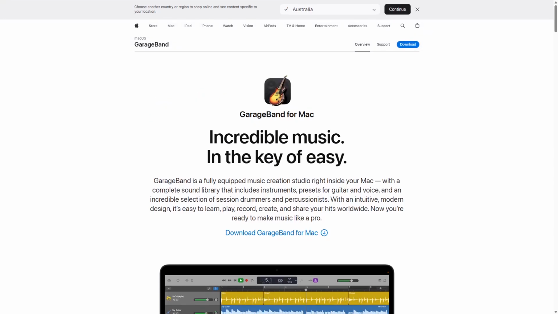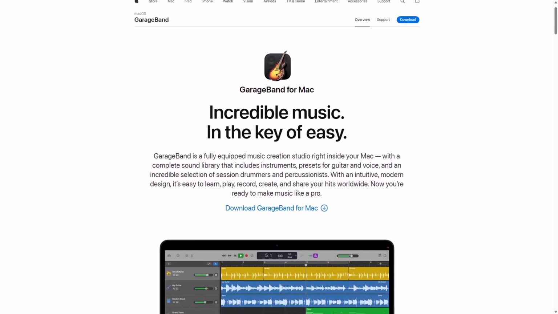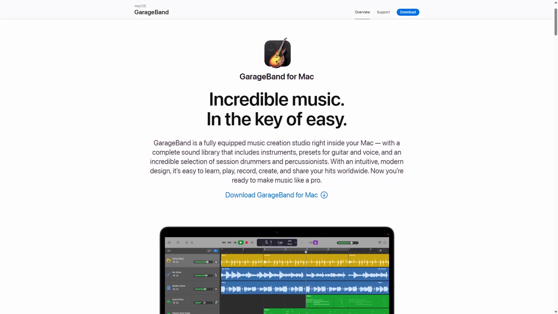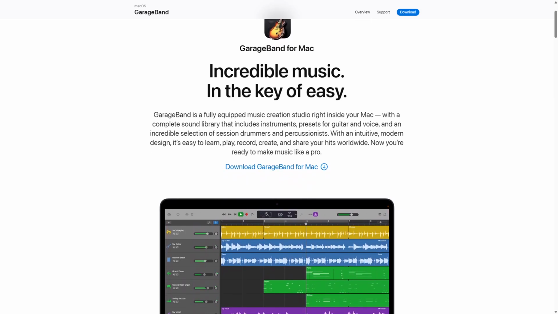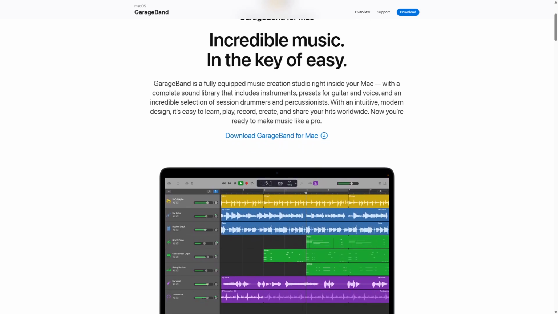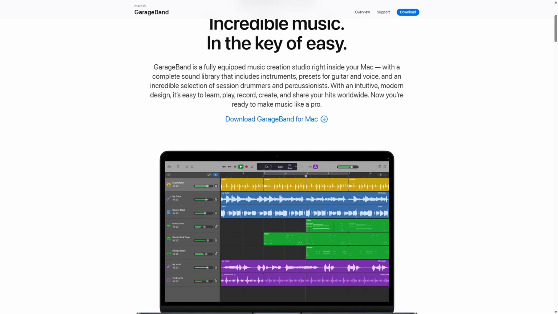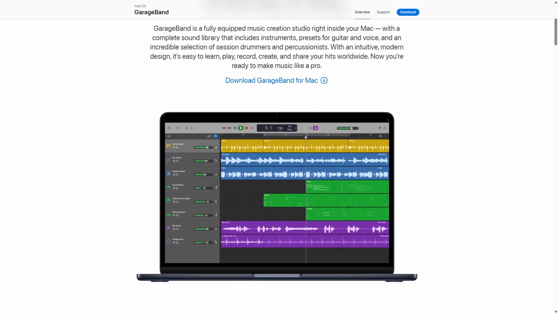GarageBand is Apple's beginner-friendly digital audio workstation available on macOS and iOS devices. It offers an intuitive interface with drag-and-drop functionality, pre-made loops, and a collection of virtual instruments that make starting music production accessible and fun. GarageBand works well for recording, mixing, and arranging music with minimal setup, making it perfect for